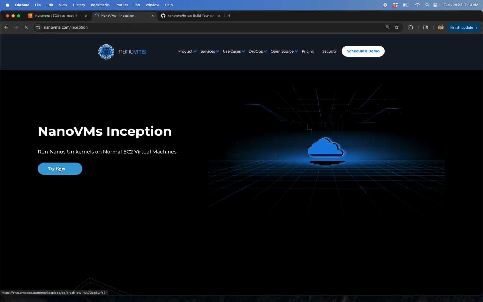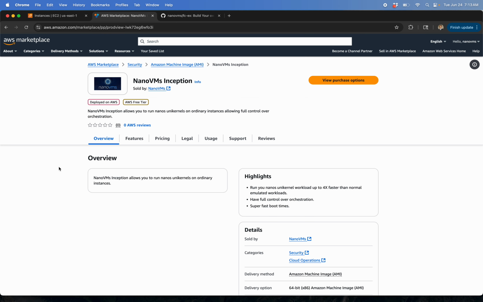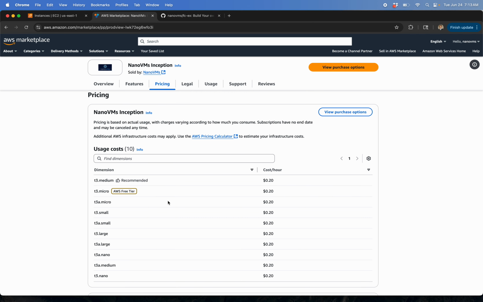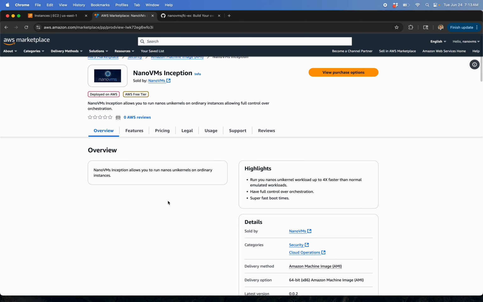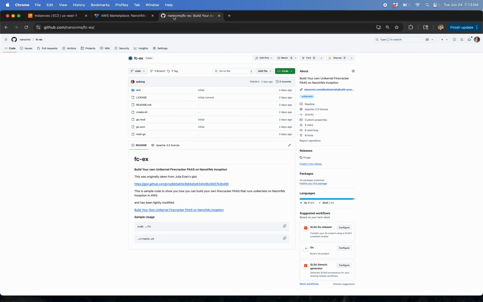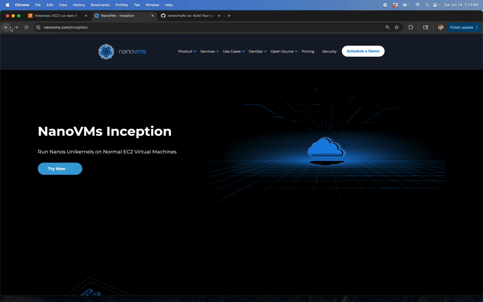So basically just go through, click now, and you'll come to the marketplace. It's really cheap. You're not even going to spend $1 testing this out. So you can just get started immediately. I've got my instance spun up, so if you're following along,